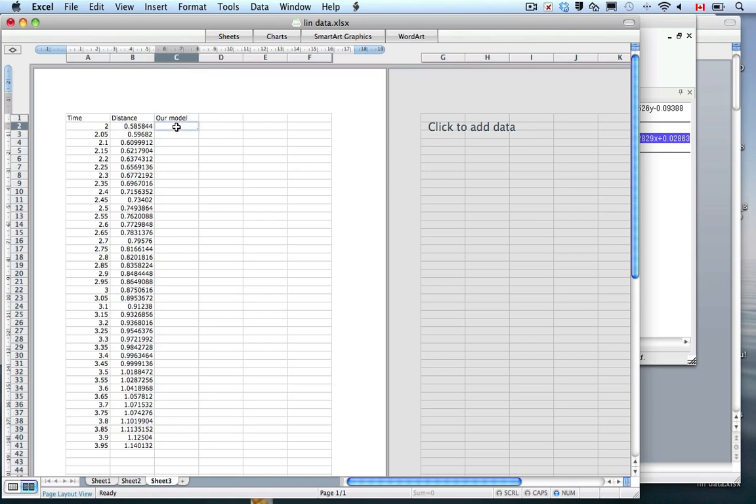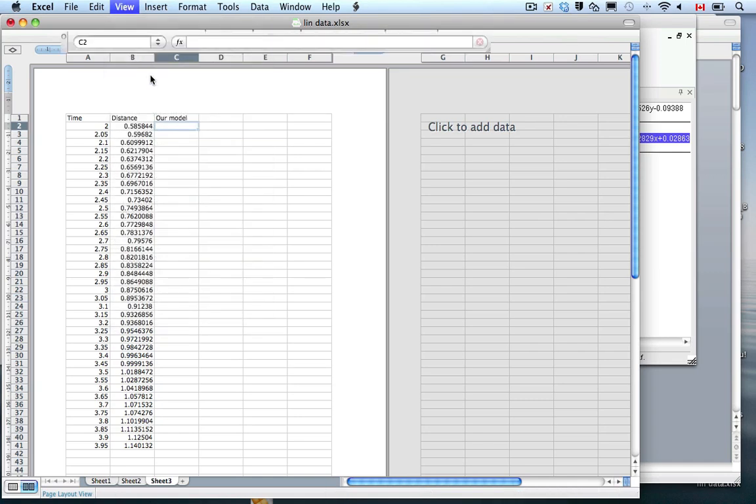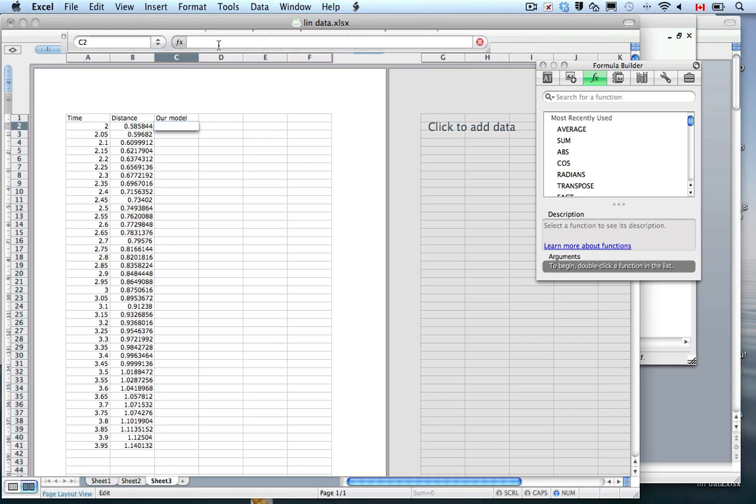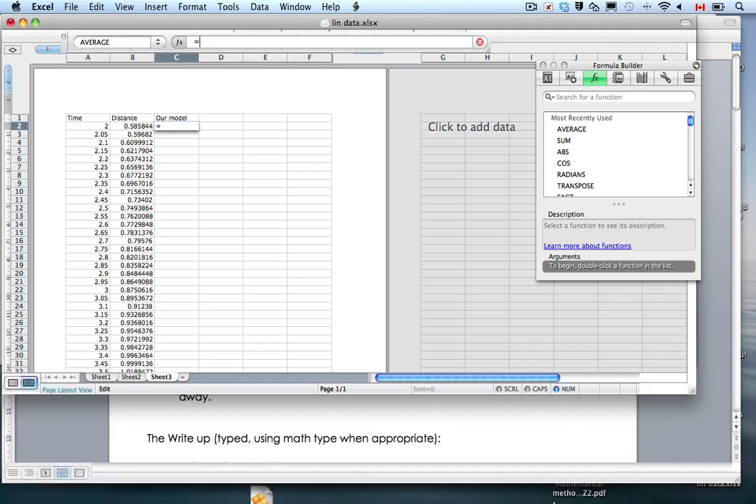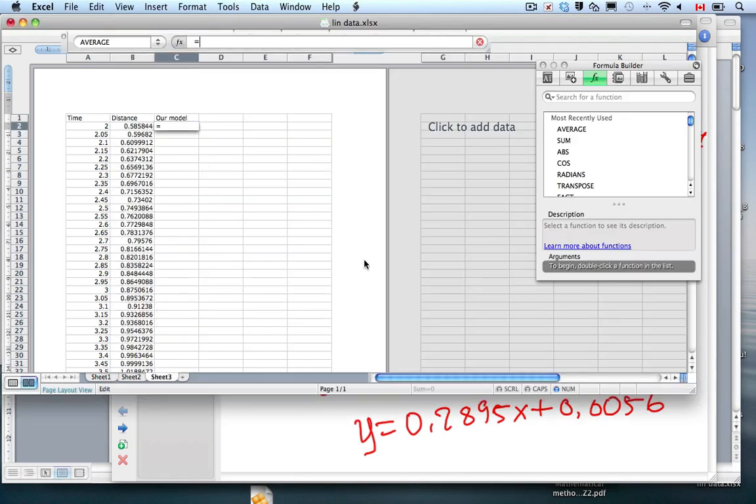So I know our model, and let me show you the formula bar. When I view the formula bar, as I go to formula builder, there we go. So I'm going to type in equal to, what was our slope that we came up with? Let's put our model in. So we have y equals,